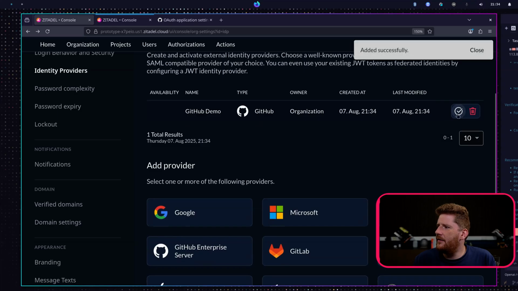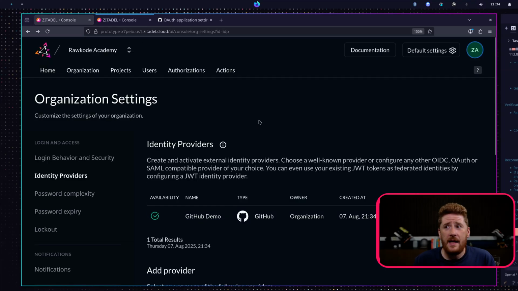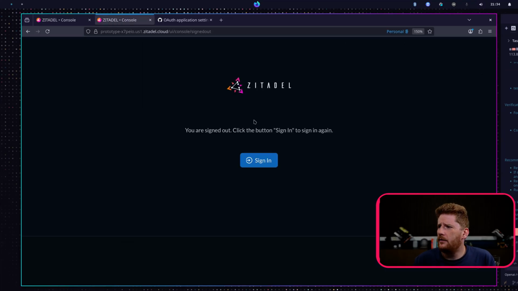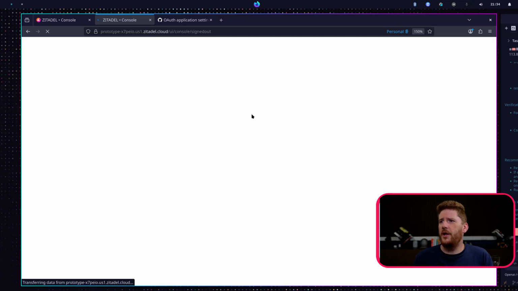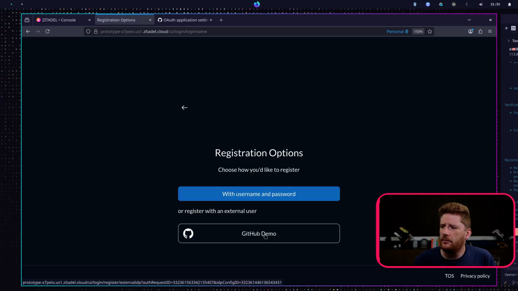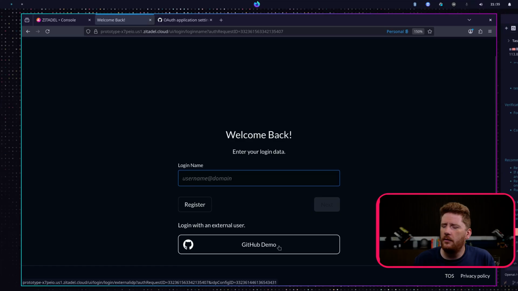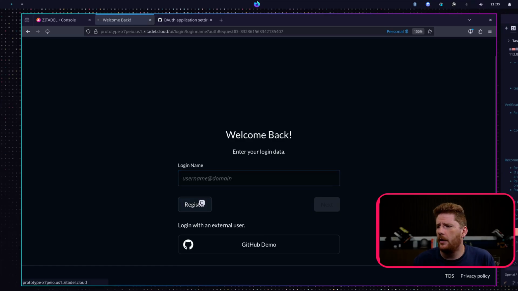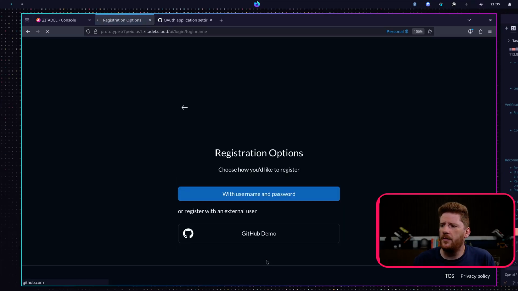We click the activate button here, and that should be us. We can head over to the login page for the Zitadel console. And now we have the option to register or log in with GitHub demo. So we can click register, select GitHub demo,